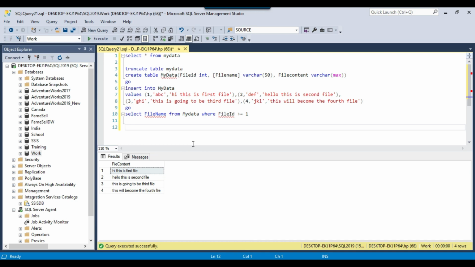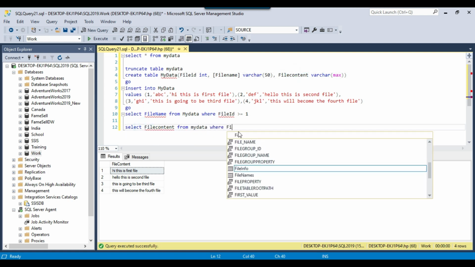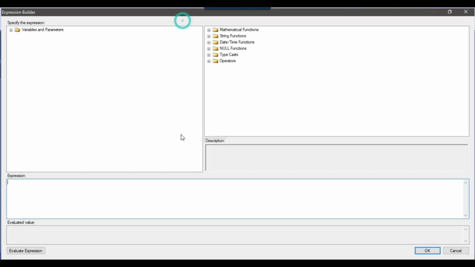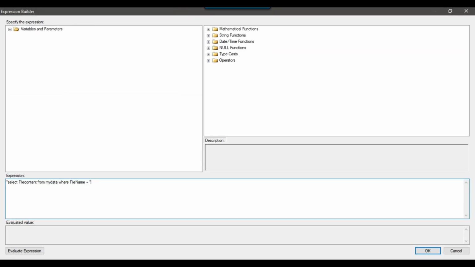We can write a select query to select the file content from the my data table, where file name equals some value. I can copy this value from here, maximize this, put a double quote, paste the query and close the double quote, and now for the file name we can get the value from the file name SSIS variable.